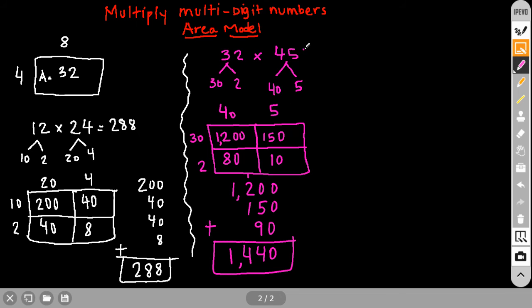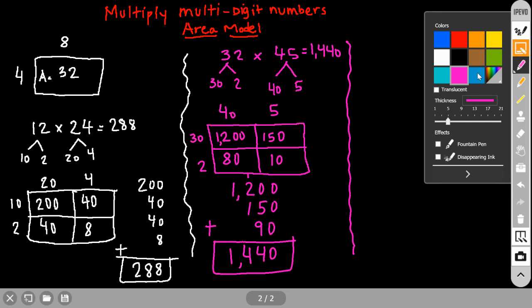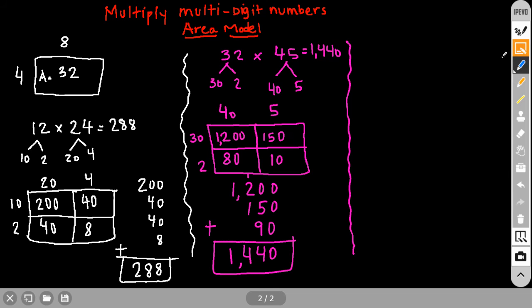32 times 45 equals 1,440. Okay, one more. And today we are working only with 2 digits by 2 digits. Okay, but we will have to work on bigger digits or bigger numbers with more digits. So the next one I'm going to do is going to be 20 times